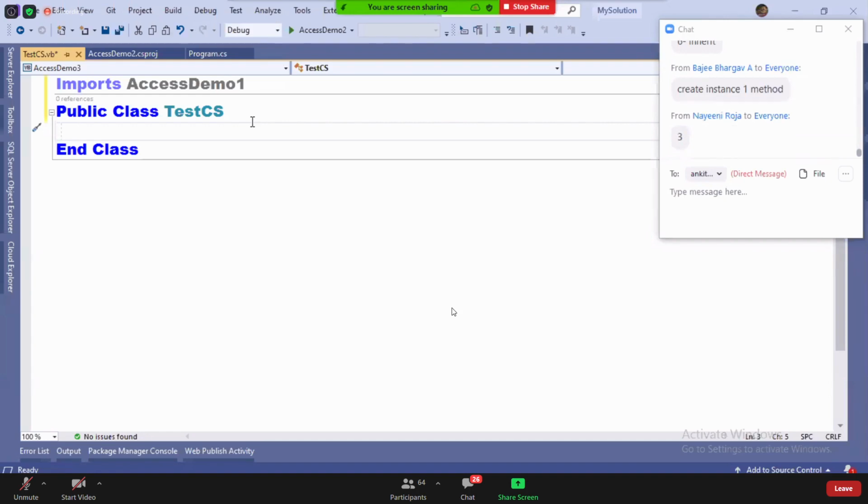Roja, 3 what? Simply 3 means when? Inherit, create instance. What your answer? Inherit. What are the 3? Amit, what are the 3? Public, protected.